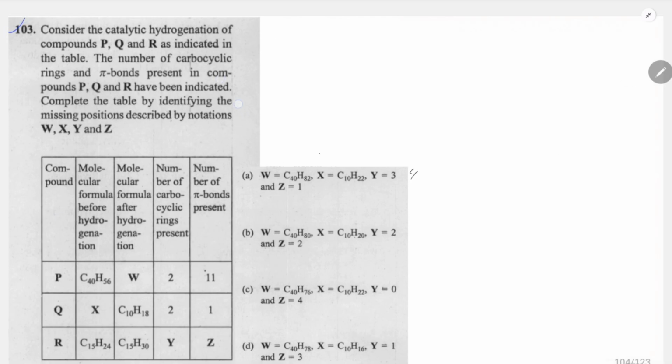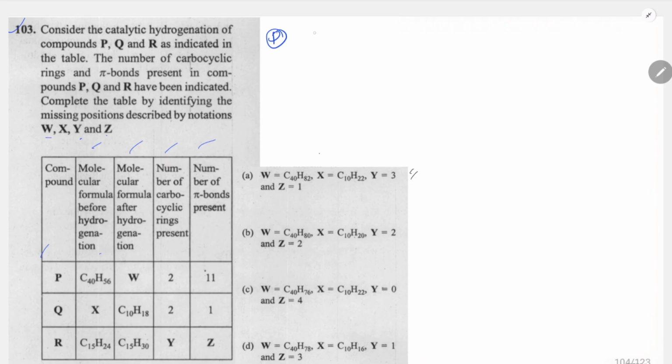In question 103, consider the catalytic hydrogenation of the compounds P, Q, R, S as indicated in the table. We have to find W, X, Y, Z actually. So this is the compound, the molecular formula before hydrogenation, the molecular formula after hydrogenation, the number of carbocyclic rings present, and the number of pi bonds present. Basically, in the first case, in P,